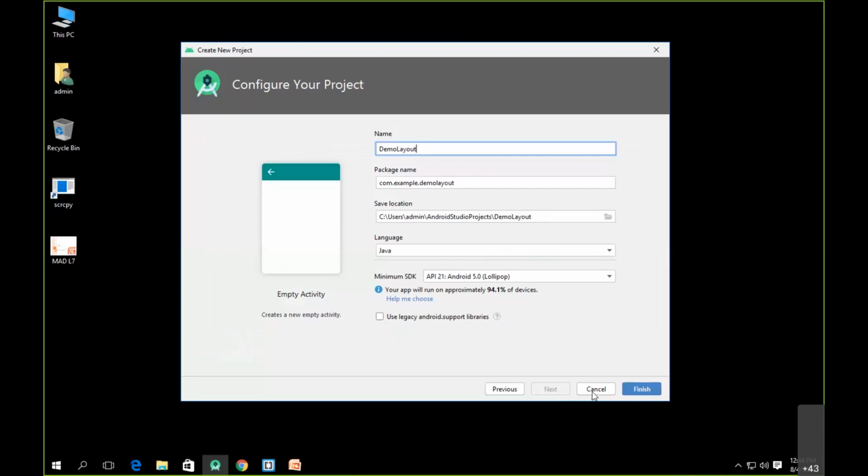because we have to understand what we mean by layout. Let the package name be default. Let the location of saving the project be default. And we know by default the language we are going to choose for our project development is Java. Let the other things stay as they are, and then we'll click on finish.